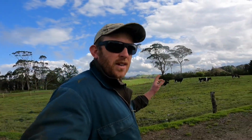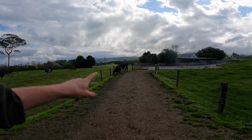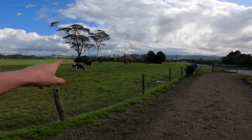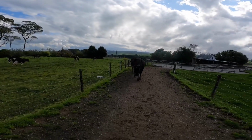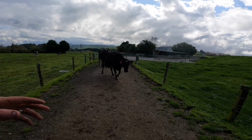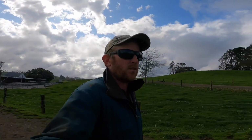Good afternoon, everyone. Well, I just brought up the calving cows. So we had 2 this morning, so I've got these 2 here, just separated them now, and then we've got 5 left. So on Monday, so today's Wednesday, Monday was officially the last day of calving, but yeah, we've got